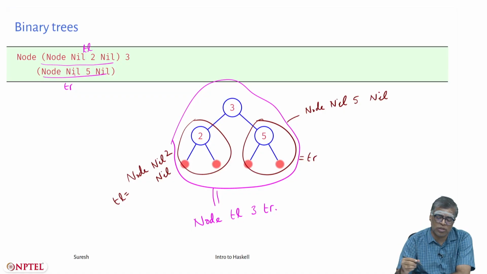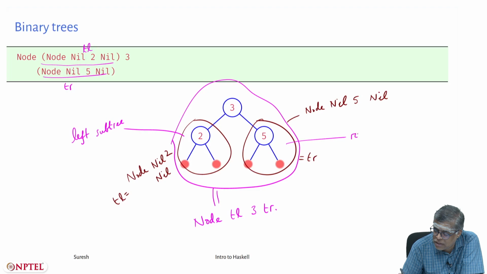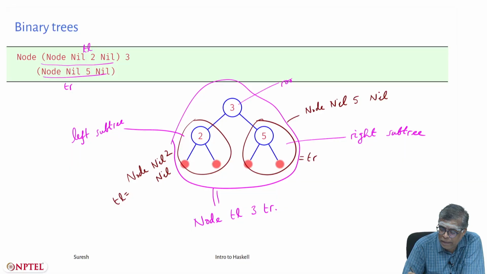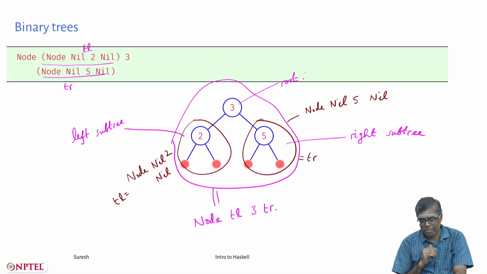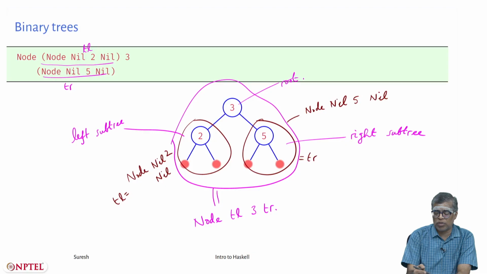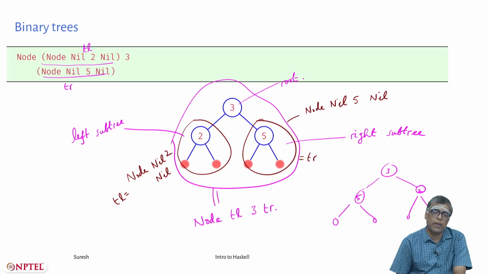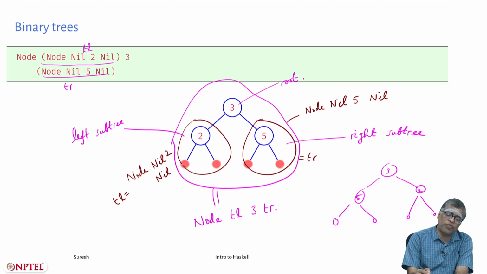In a tree like this, this is called the left subtree. This is called the right subtree, and that is called the root. Just to fix terminology. Here, this is an example tree. Here is another example. Note that we are not imposing any order between the elements. I mean, this is a tree, equally validly I could have a tree which is like 3, 5 here and 2 there. And these filled nodes denote nil.